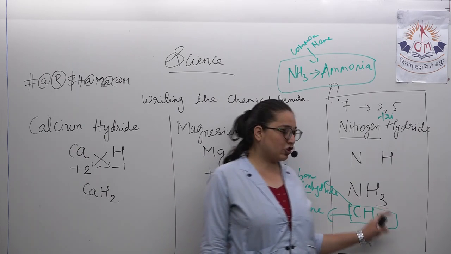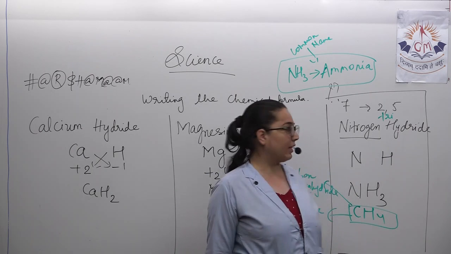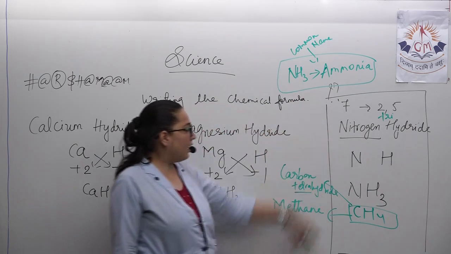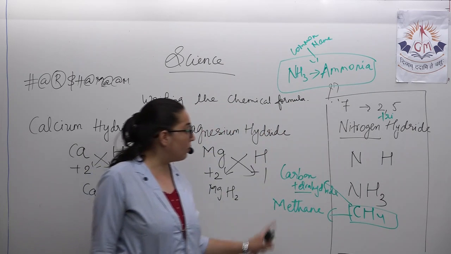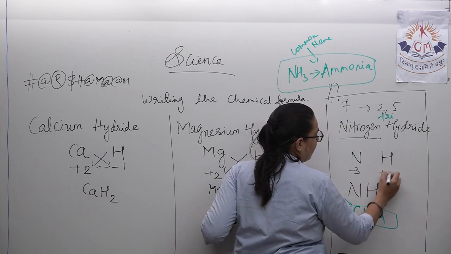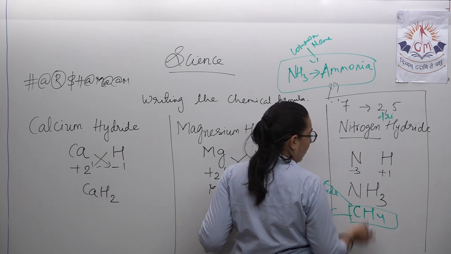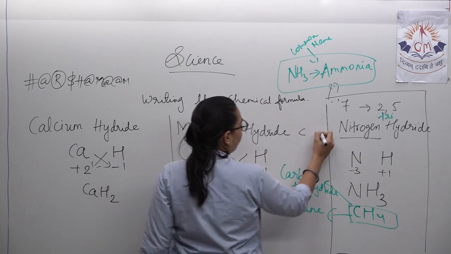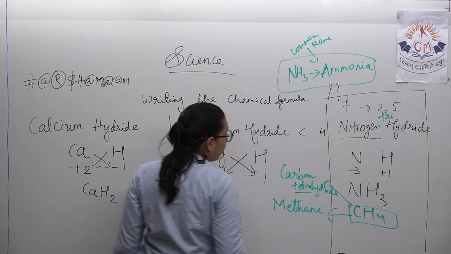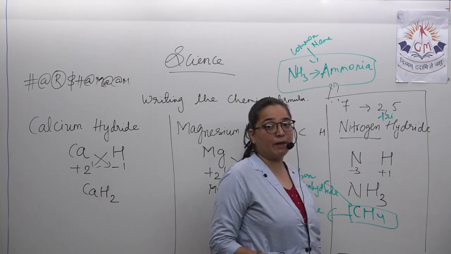Okay, it's NH3, which is ammonia. CH4, that is methane. Quickly note down this much. After that, we'll move further. How this came, that also. Valence here, this is -3, this is +1. Nitrogen 1, hydrogen 3, NH3. CH4, carbon, hydrogen. You cannot take the valence if nitrogen is +3, it's ultimately -3.